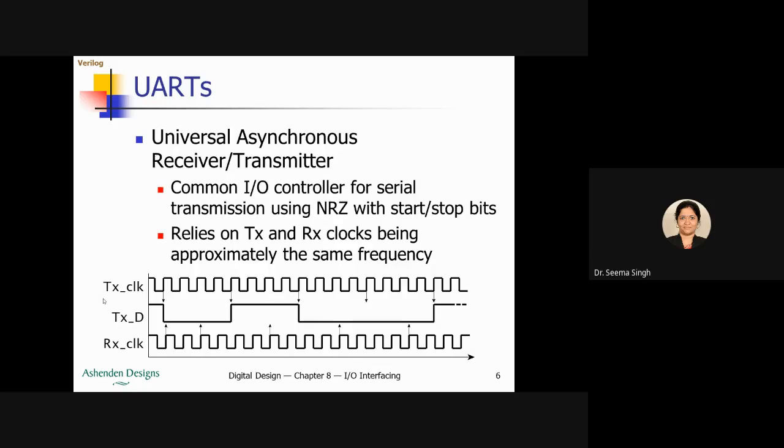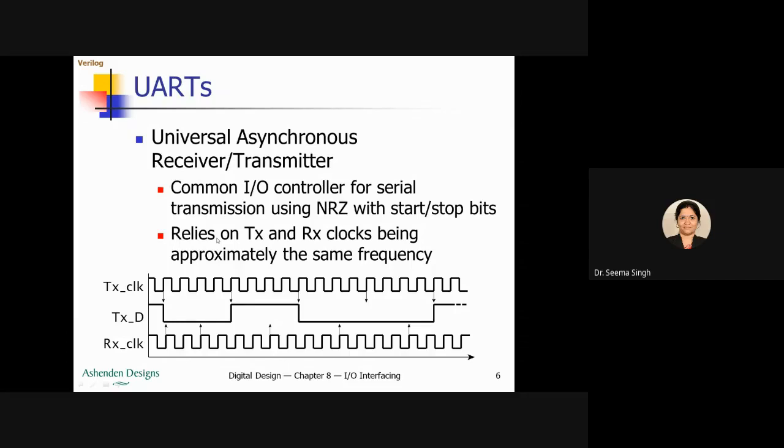For example, in your instrumentation system, a remote sensor that transmits data at relatively low bit rates can use this serial transmission managed by UART. So what you have to understand in UART? It has a common IO controller for serial transmission using NRZ. NRZ is what you had seen before. You have understood NRZ, not return to zero, and also you know what a start-stop bit is. So UART is using both of them, and